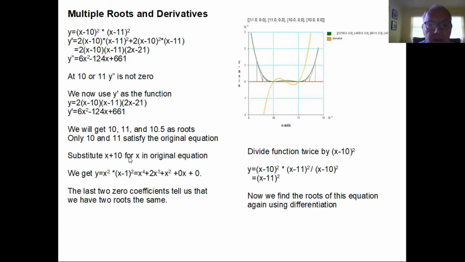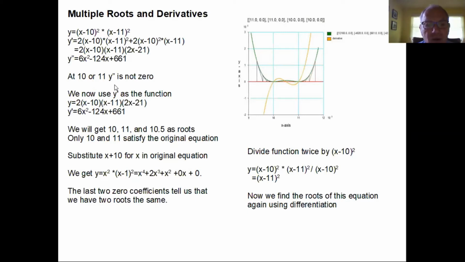The other thing that is also interesting is that when we substitute x plus 10 for x in our original equation, we get x to the fourth plus 2x cubed plus x squared and two zero coefficients. The more times that that's repeated, the more of these zero coefficients, and that gives us how many times that root is duplicated. We usually start taking as many derivatives as we can until